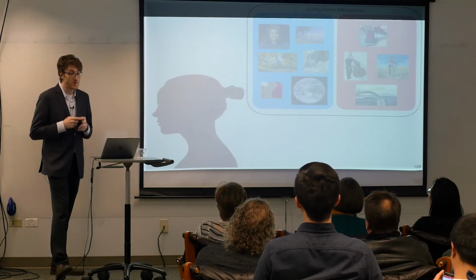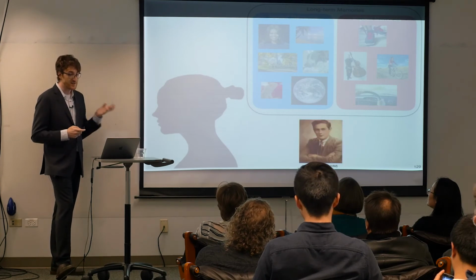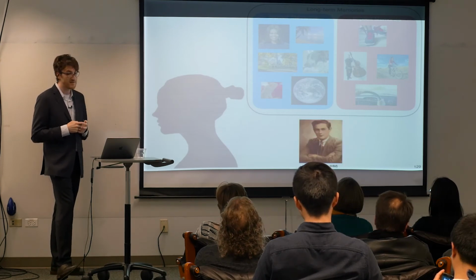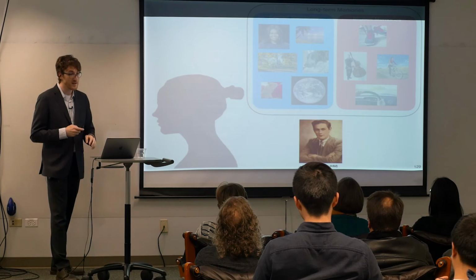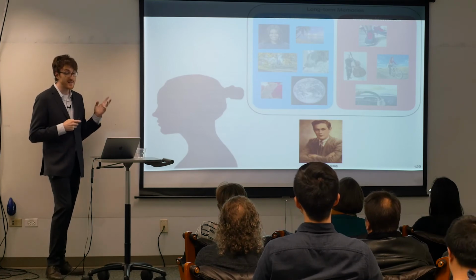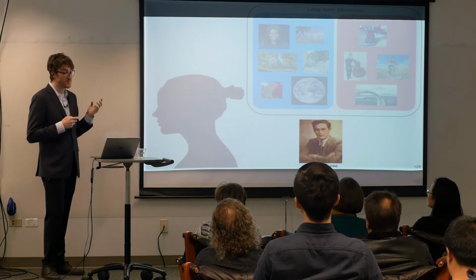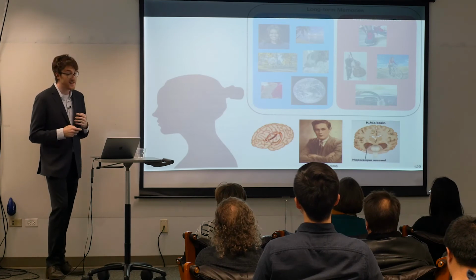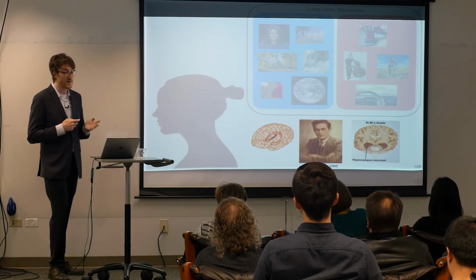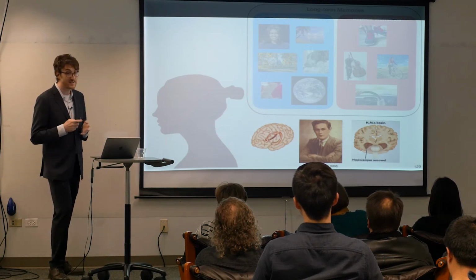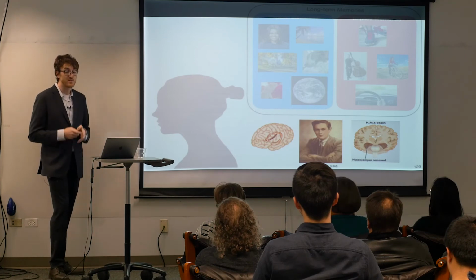And kind of the main reason that we know about this particular distinction is because of this person. So this is Henry Molaison, also known as patient HM. So in order to treat his debilitating seizures, doctors removed a piece of his brain. But unfortunately, they ended up removing this piece, which was his hippocampus. And this did address his seizures, but after the surgery, he was unable to form any new memories.